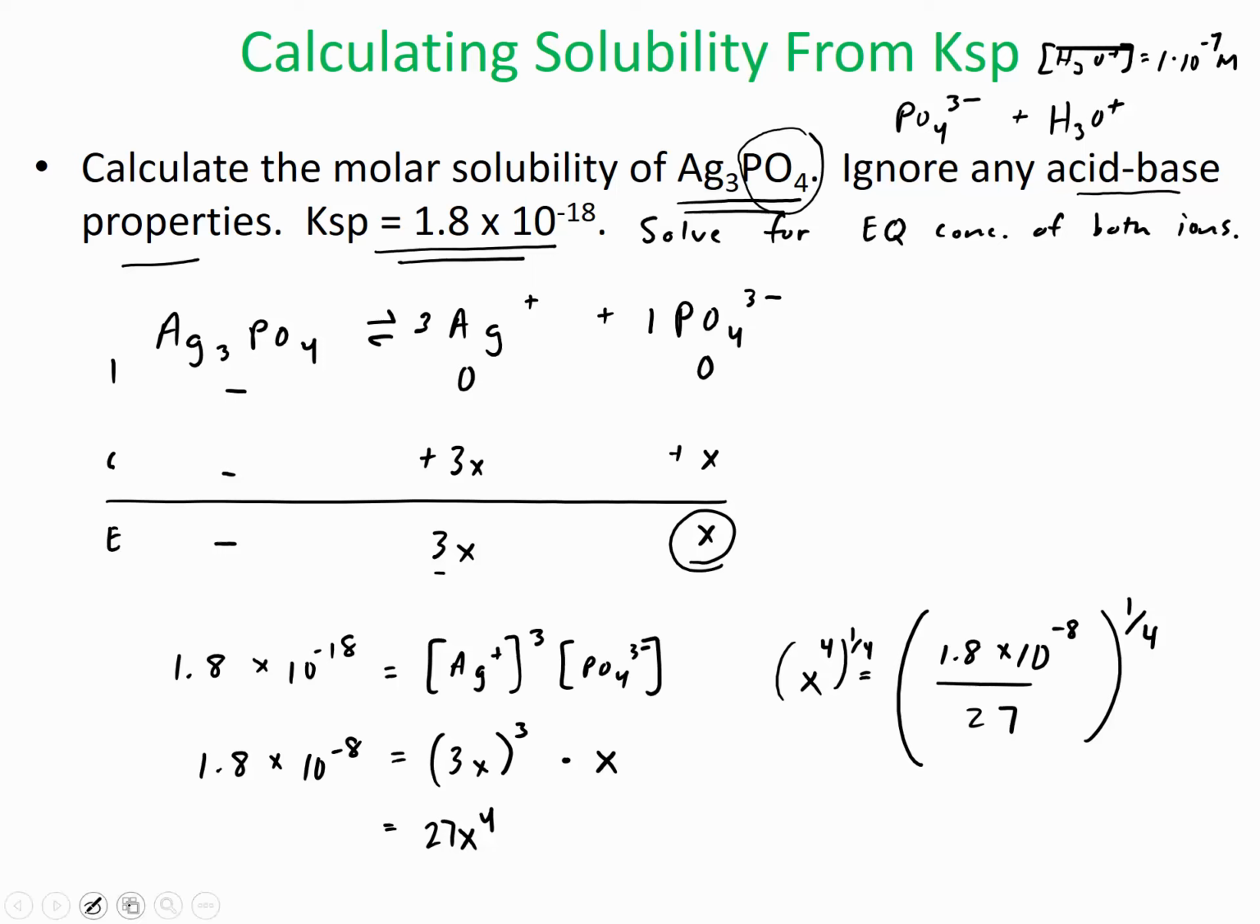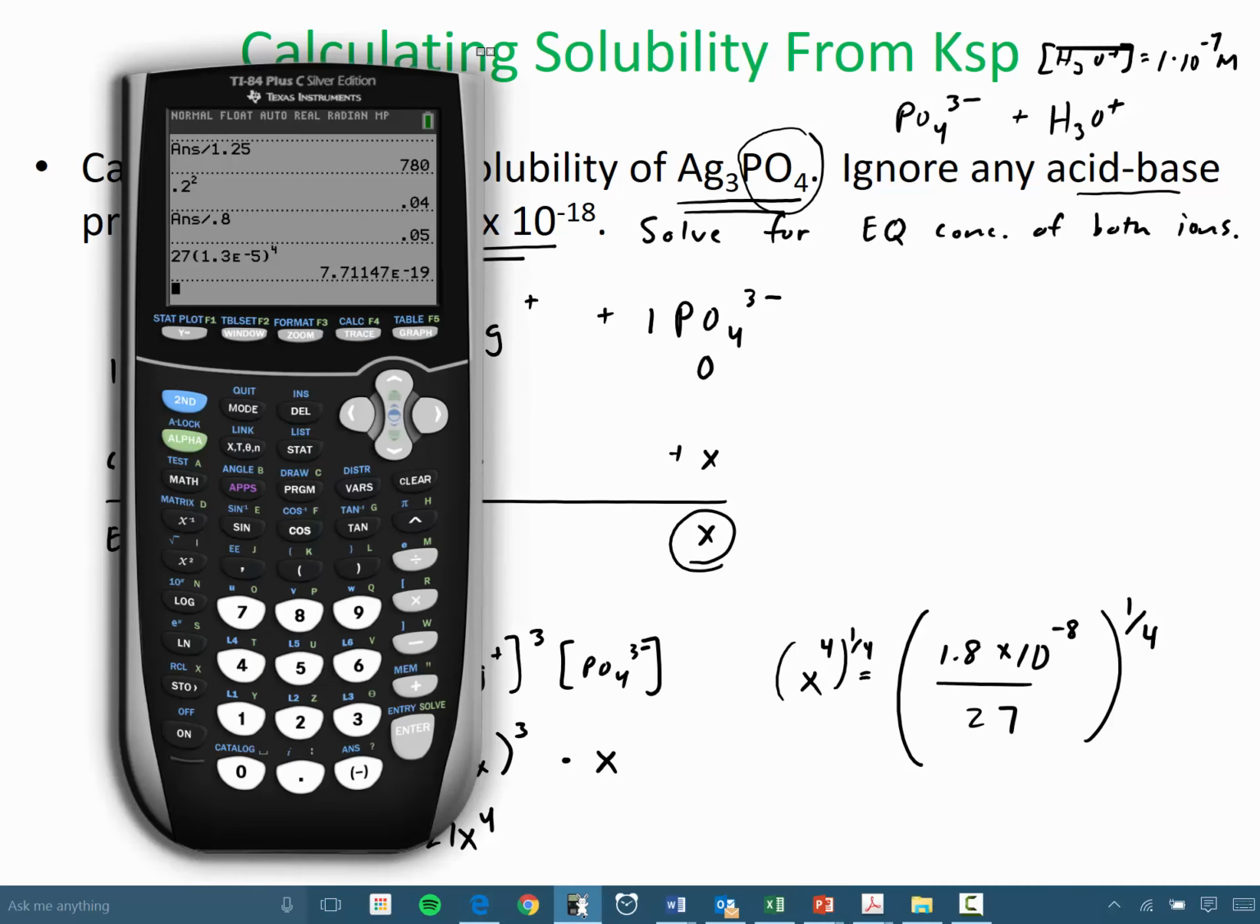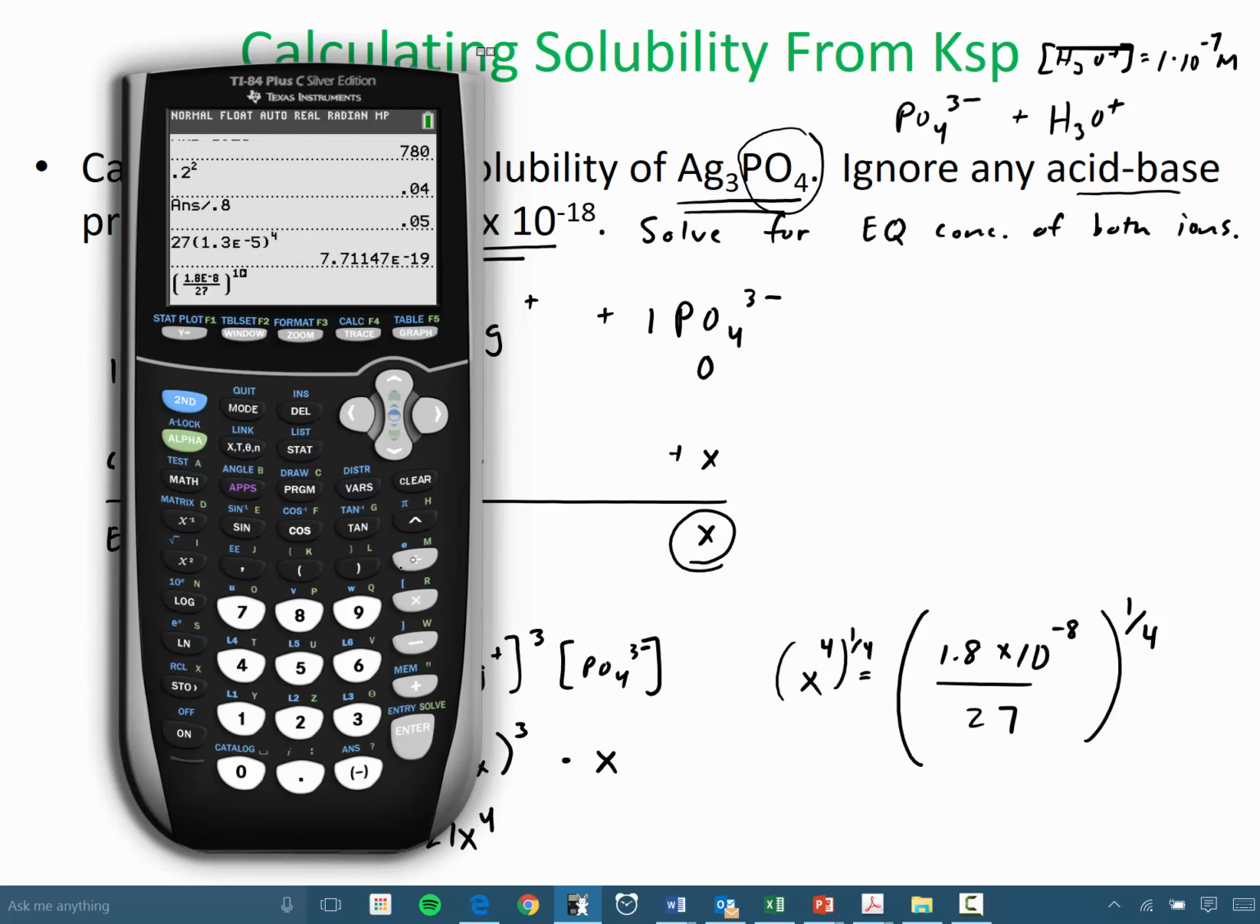Okay, so take out my calculator again. And this is how I like to enter it all in one shot. So I'll use this fraction form in my calculator. So 1.8 times 10 to the negative 8th over 27. Put that in parentheses. Now I go to the 1/4 power, and I get, for my answer,